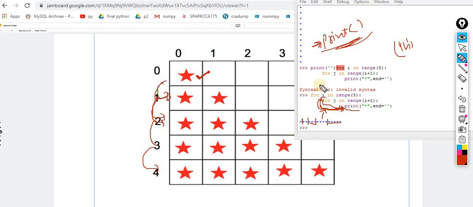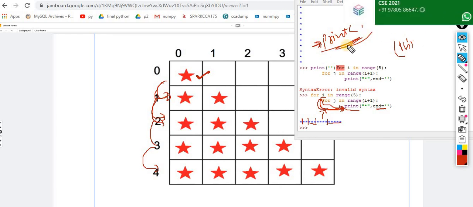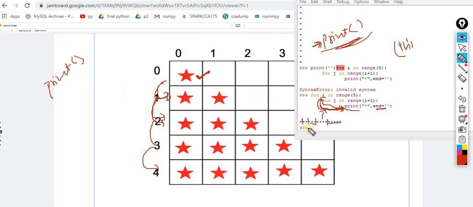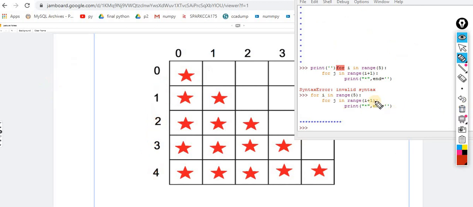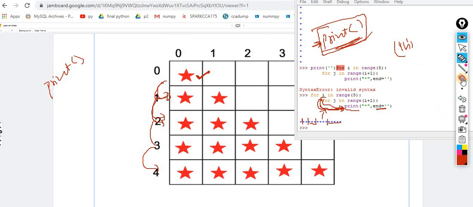For moving to the next line, earlier I stopped these things with the end parameter, but now I want to print \n. \n means the next line. For printing the \n line, I have to use this empty print statement. Can you tell me where I have to put this statement? That's it. This is the only statement that you have to fit, and where should I fit it? That's your question. Now take your 1 or 2 minutes. I will give you 1 minute. Think carefully and revert back to me. I'm waiting for you.